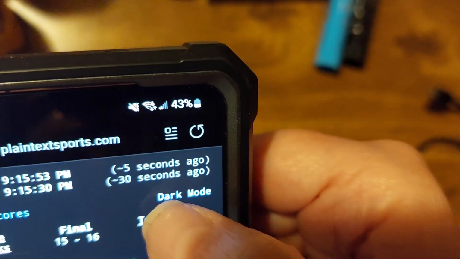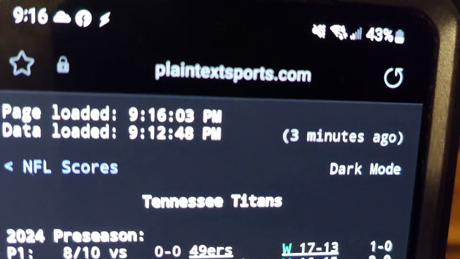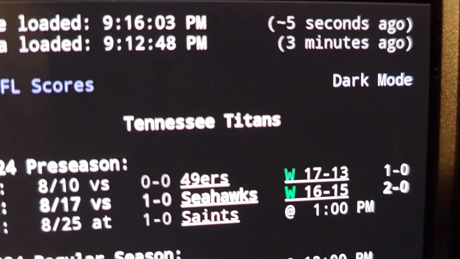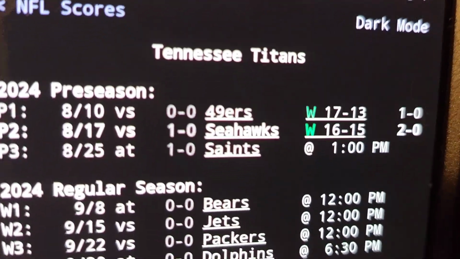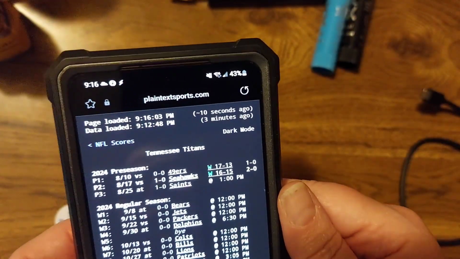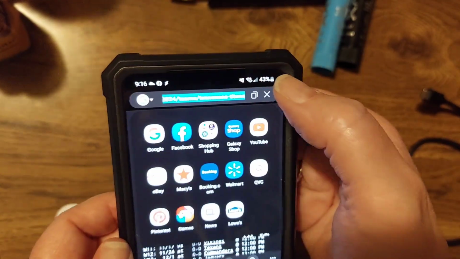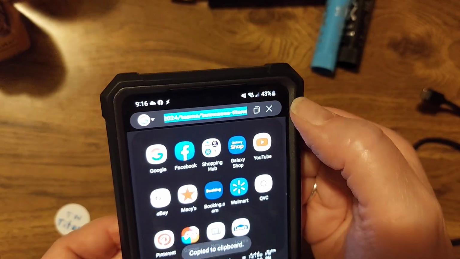And I'm going to click on Tennessee Titans there. All right, this is this year's schedule. So far, so good. I really hope they have a good season this year. All right, so now what I'm going to do is make sure I get this particular website, and I'm going to copy that,